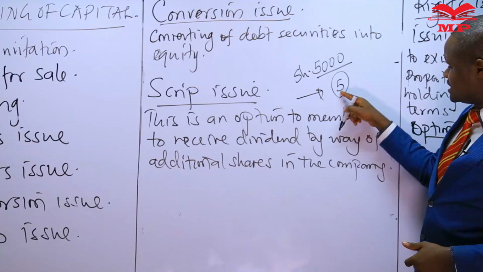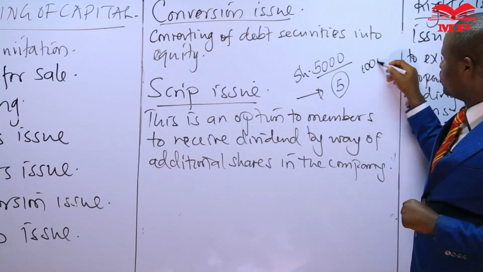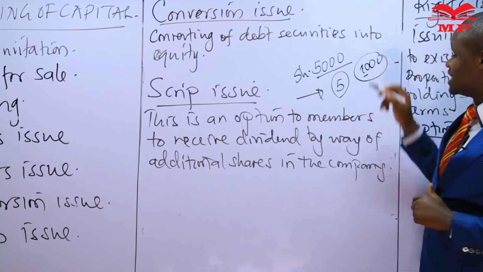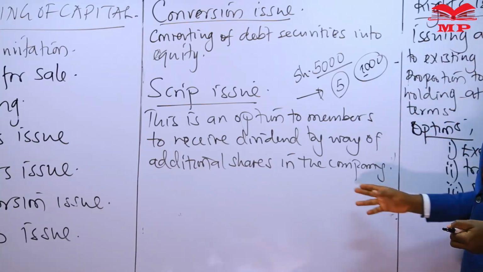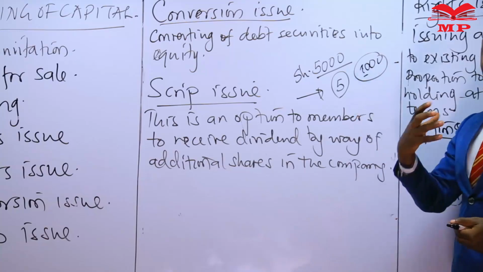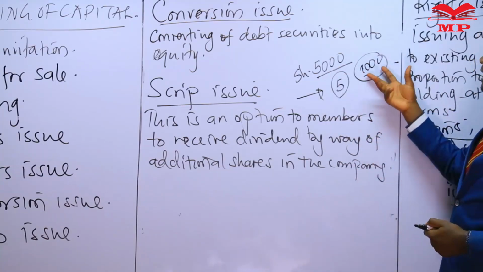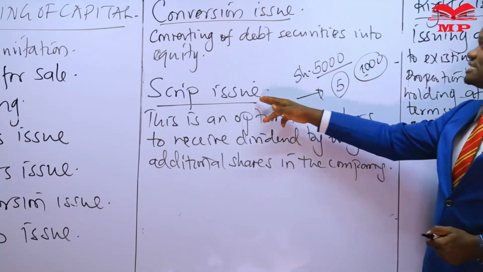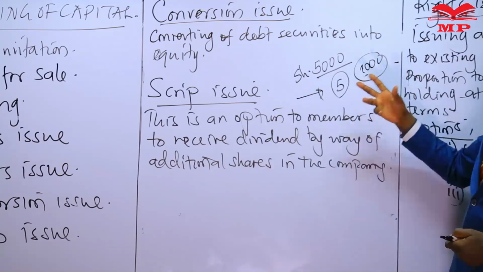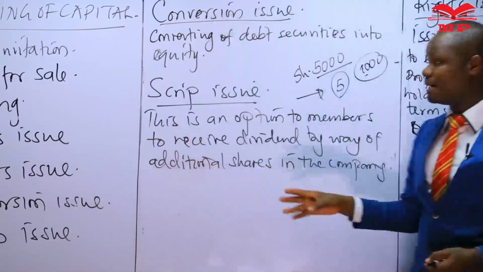So where the value of a share is now currently 5, then this 5,000 is affording this shareholder some additional 1,000 shares. So in this case, this member is being given this option that instead of taking up in cash form the 5,000 dividend, you have the option of taking up 1,000 additional shares in this company. This is a scrip issue. The effect is that we have given ourselves an option of raising share capital